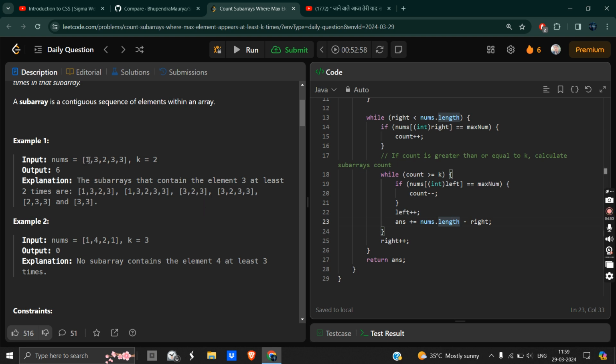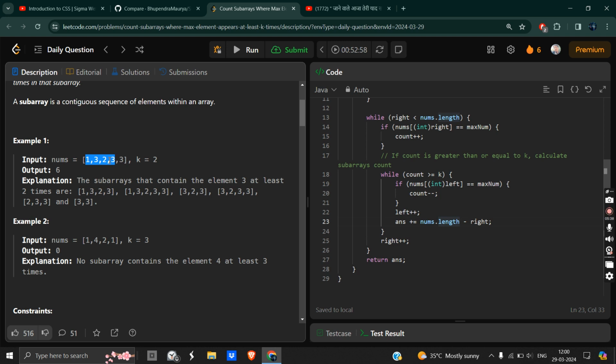Okay, if you see this part of the subarray 1 3 2 3, when the while loop runs, we will get four subarrays, because we require at least two. There are two 3s in this array, and it doesn't matter what the last number is, whether it is 3 or not. If we have this subarray, then you will get the answer as 4, because we already have two 3s, which is sufficient.